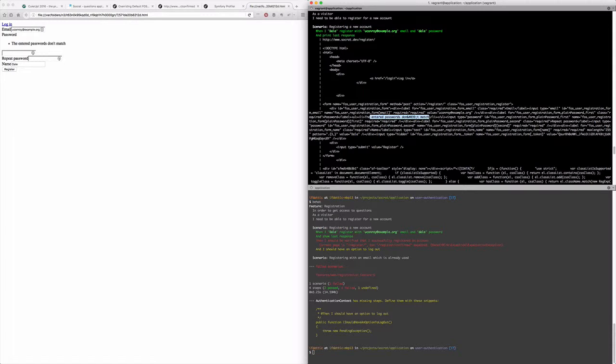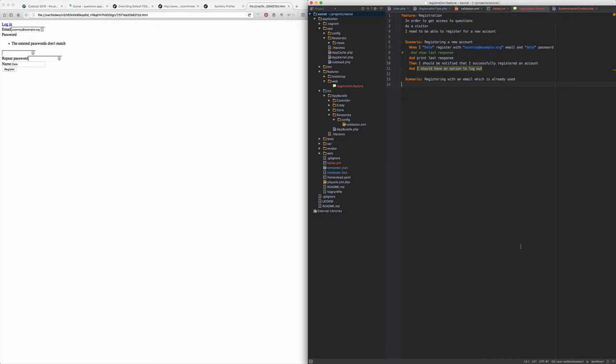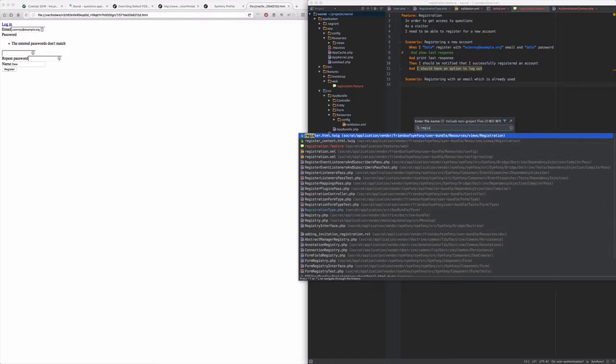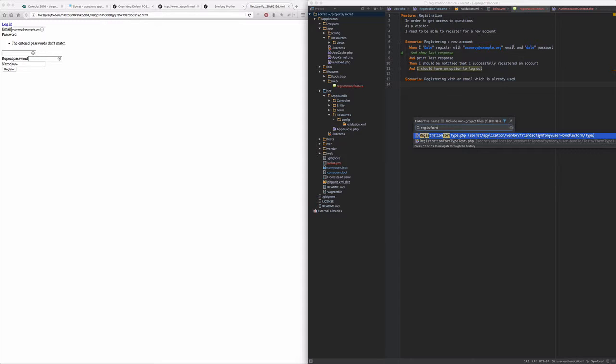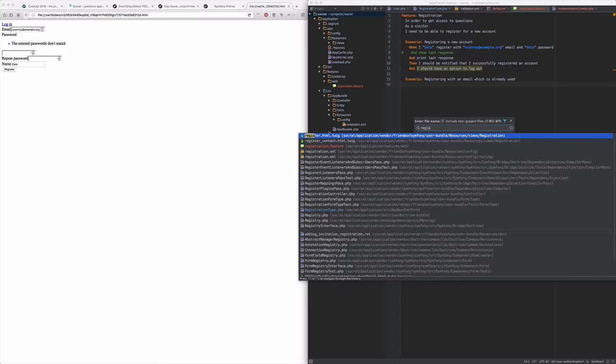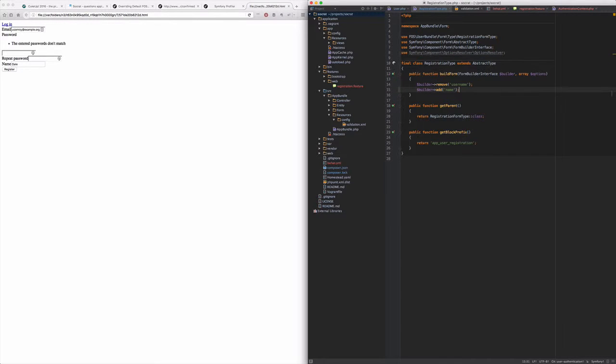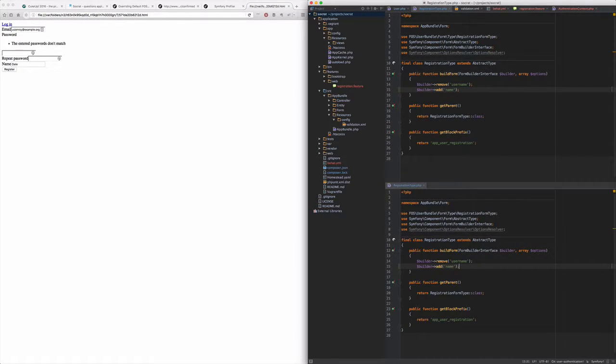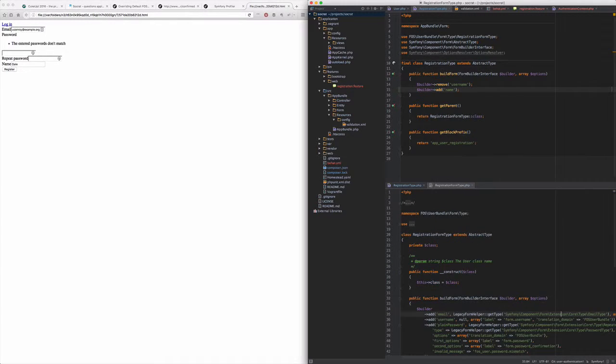So okay, this is because our next change is to remove the password from our registration form, and let's open our registration form type. No, I would like registration type first. We have this one, and the registration form type, and